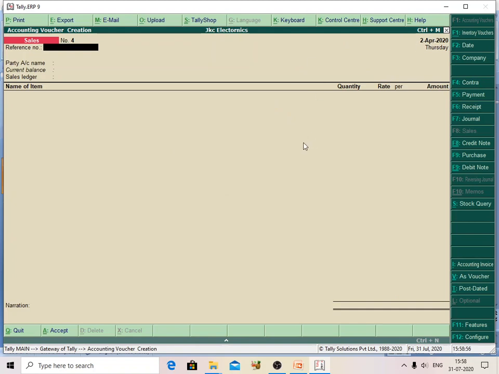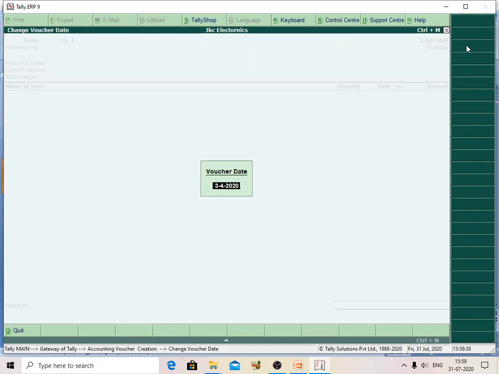So like you can post, on the 2nd April I am selling the washing machine. 3rd April I am selling the refrigerator, and 5th April I am selling the washing machine. 6th April I am selling refrigerator. Like every day I am selling one product to Ashok Traders. But on 10th April he paid 2 lakhs rupees. It is not mentioned against which bill he is paying the amount. So in this case, what we can do is we can make a payment as on account. So we make a transaction as an on account transaction.